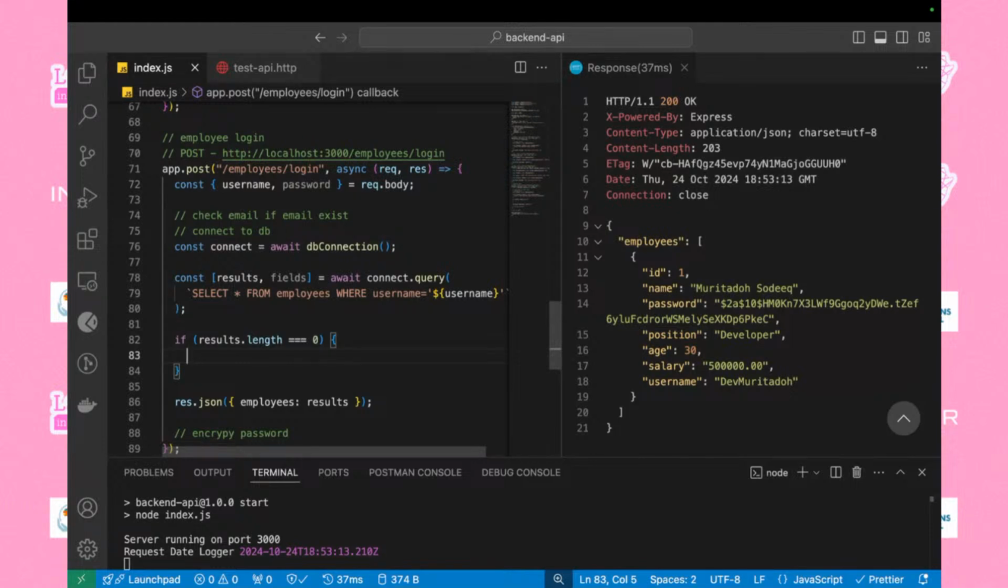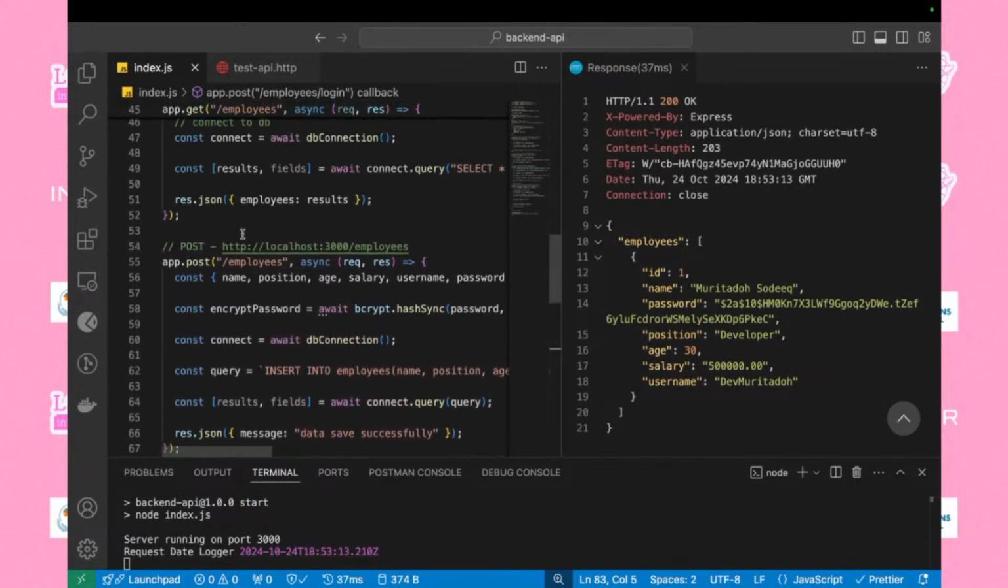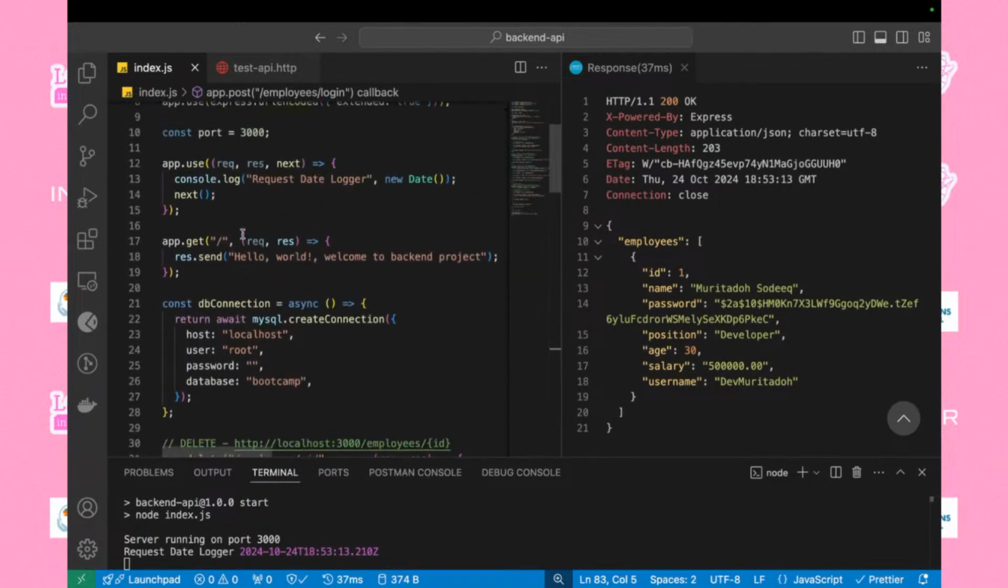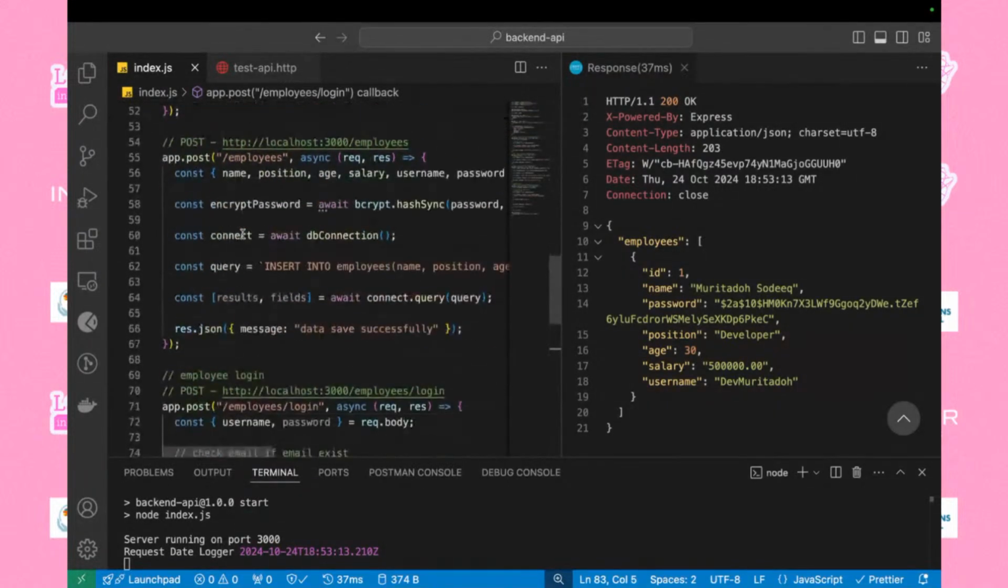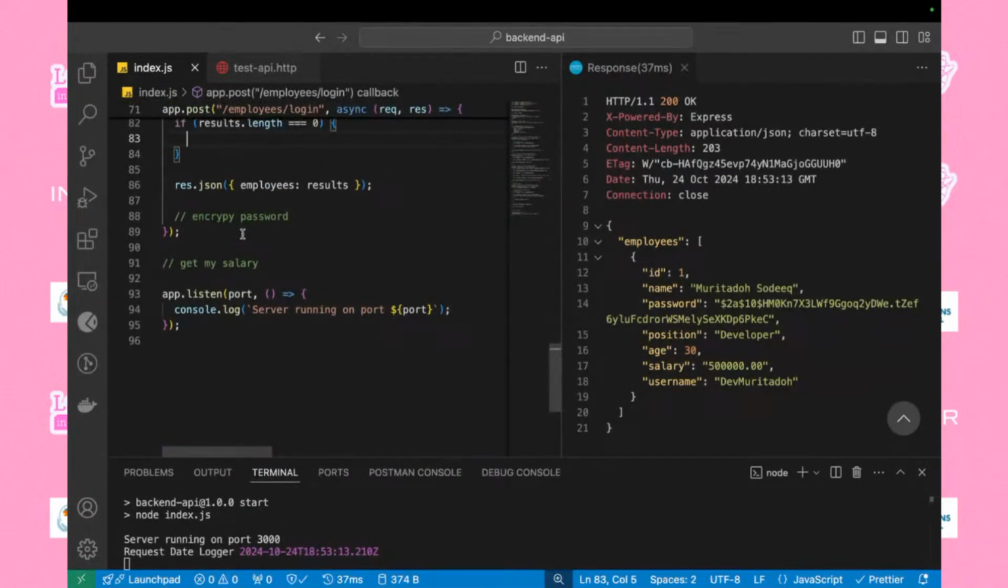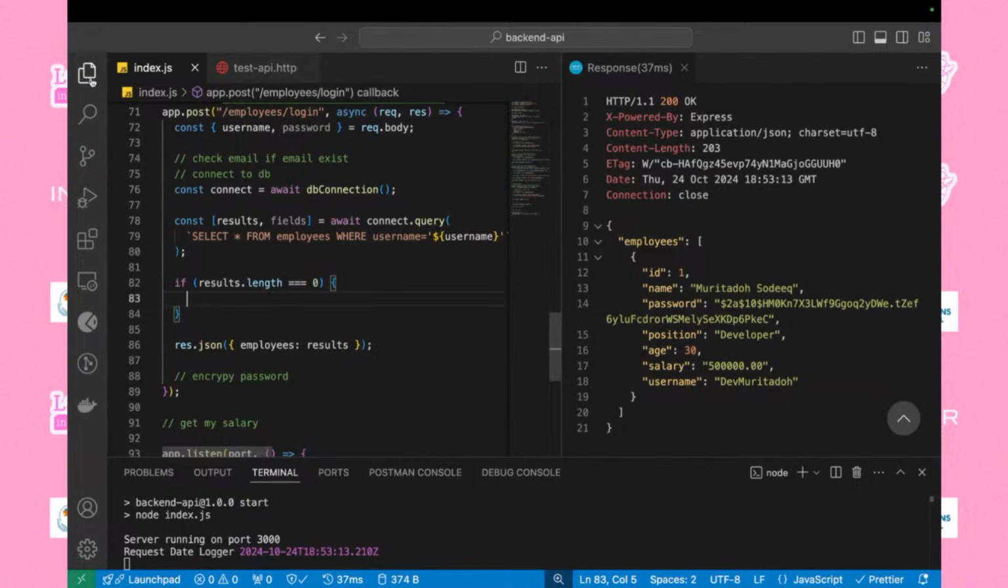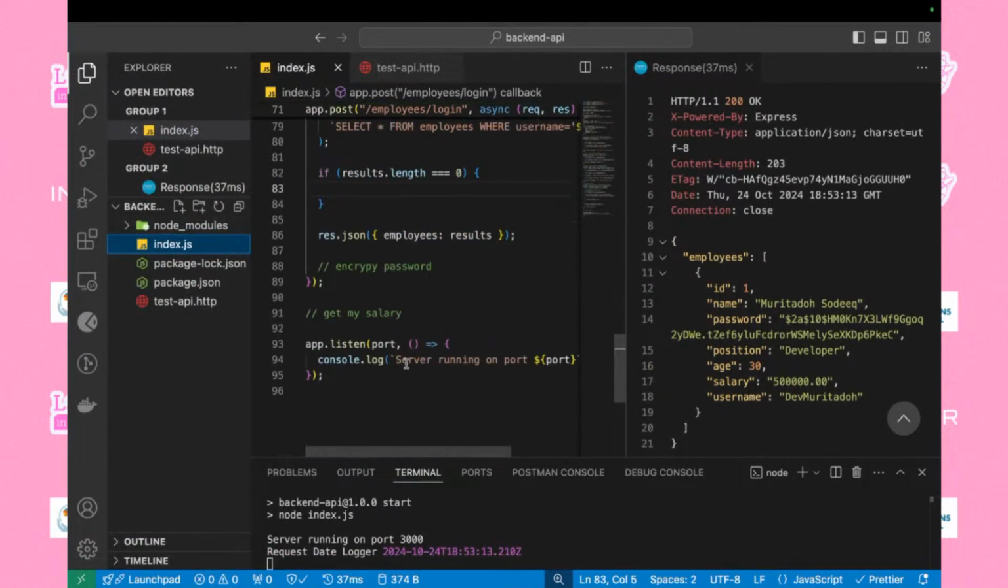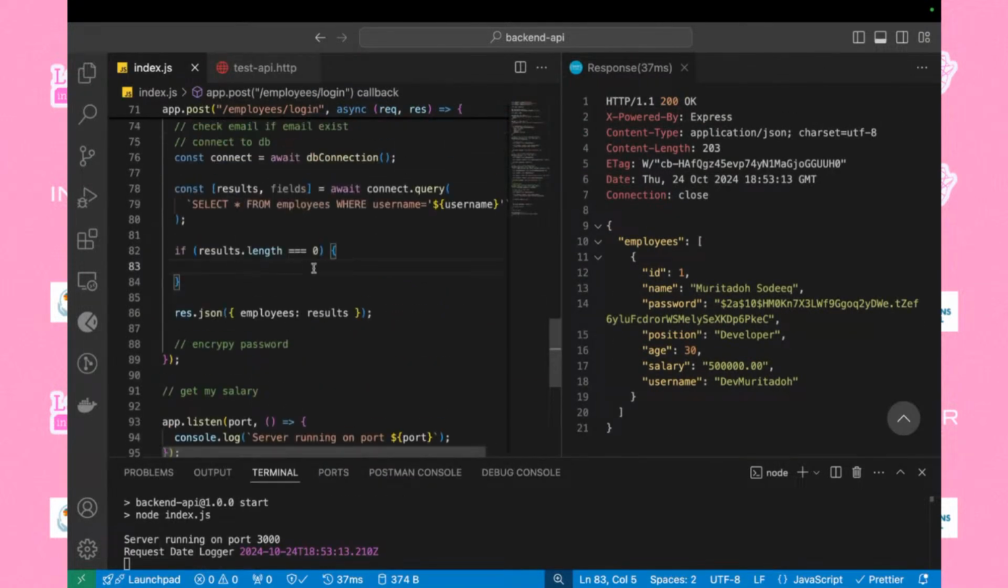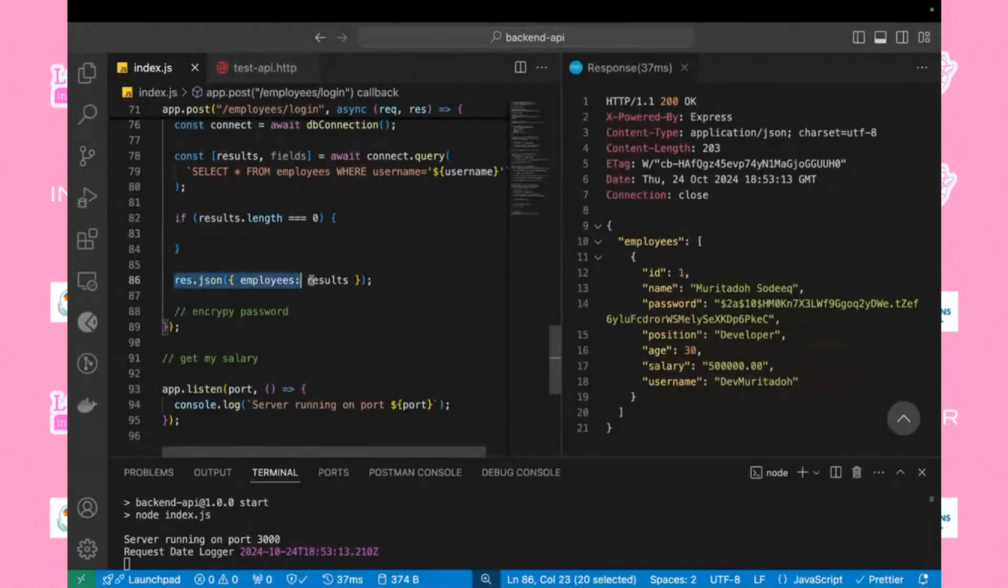So we need to throw an error that the information does not match. Okay, so we can return